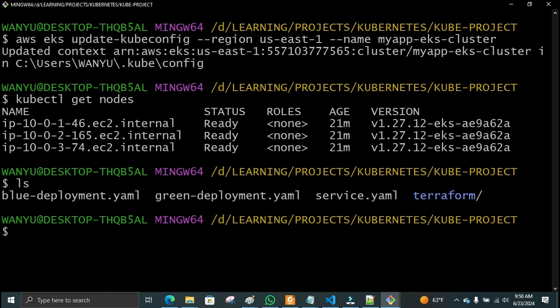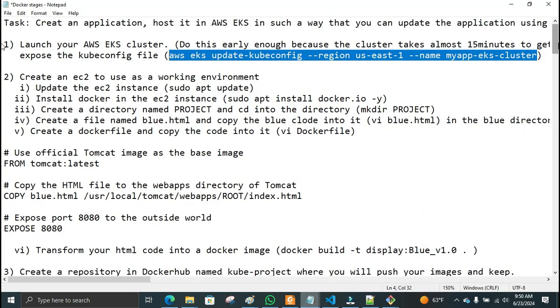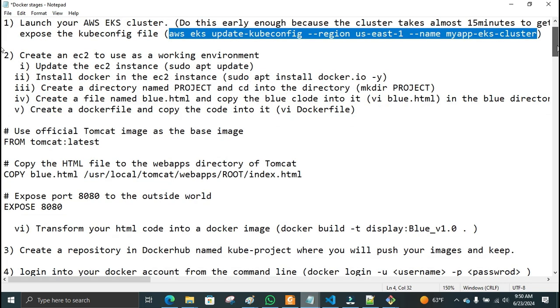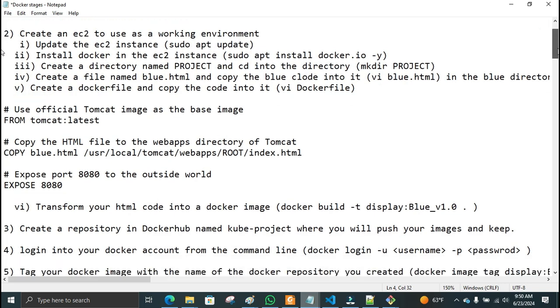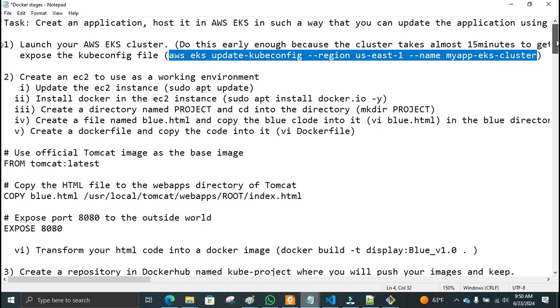Before we deploy, let us create a namespace. Let's deploy in a special namespace. So let us create a namespace. How do you create a new namespace? In order to create a new namespace,